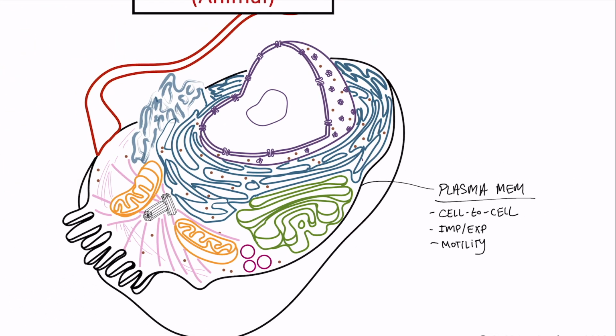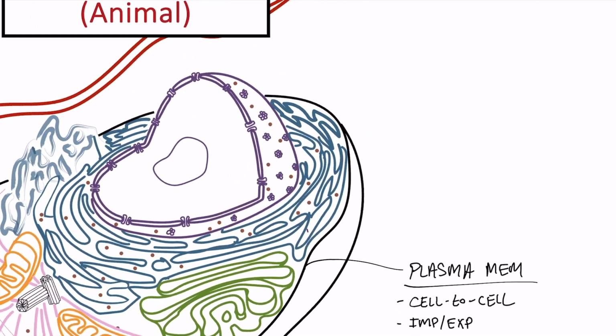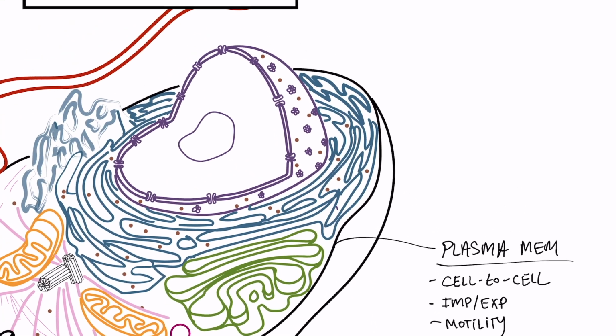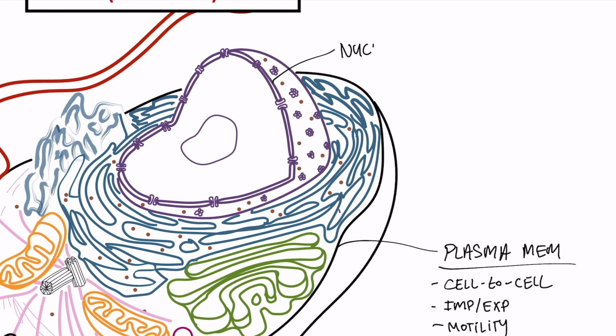Okay, now let me walk you through the other components of the eukaryotic cell. Here in purple, you have the nucleus, which stores the genetic material of the eukaryotic cell. In brown, like before, you have the ribosomes, which are involved in synthesizing proteins. Then in blue, you have the endoplasmic reticulum. The ones studded with ribosomes are the rough ER,